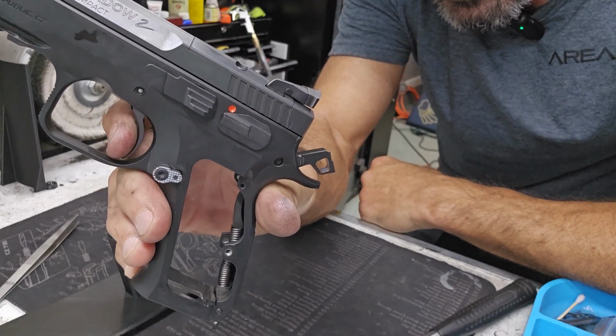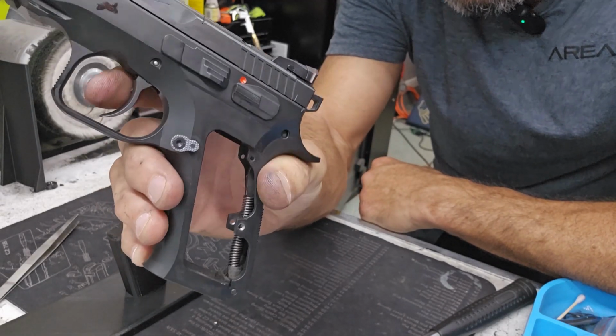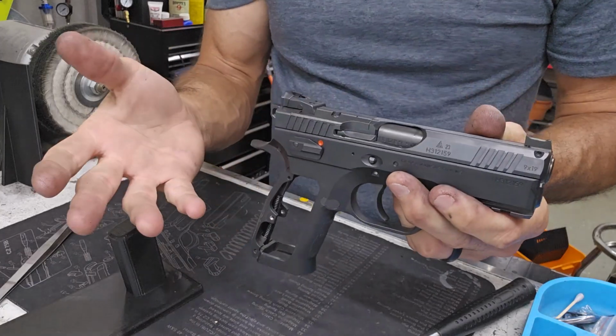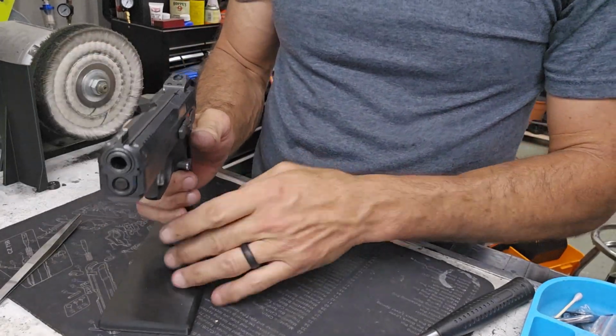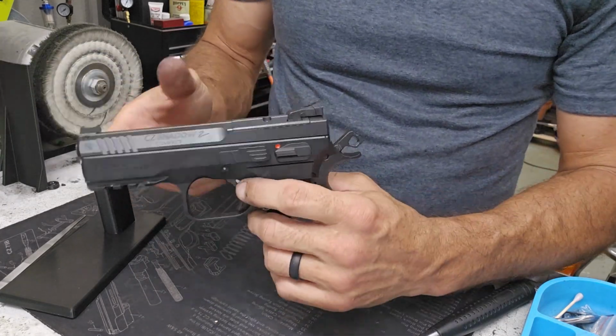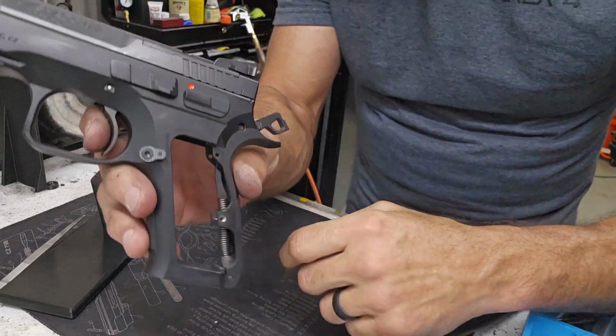Reset, some pre-travel, and it breaks. Yeah, no need to fit the disconnector. I'm going to take it out and show you where I would fit it. So it's unfortunate that I can't show you that. Just bad luck. This one came kind of as a drop-in, but it's already a much better trigger than the